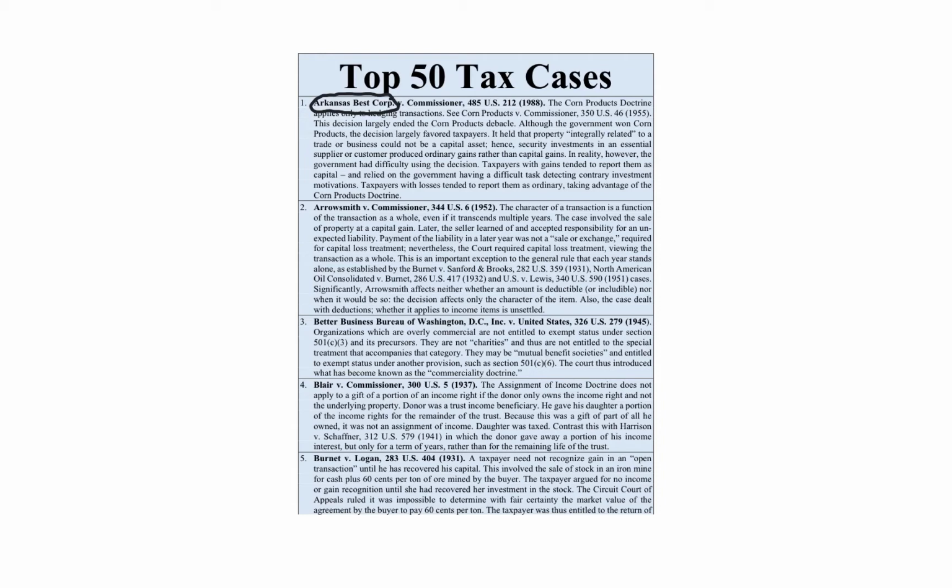You can look at the procedural history to see what happened, but at the Supreme Court level, the party on the left is the petitioner. They're the one that lost the appeals decision, and they're petitioning to the U.S. Supreme Court, and the respondent actually won at the appeals level. That's why for most of these, you're going to see that the United States or Commissioner is usually the respondent, because in most tax cases, not all, the government wins. The reason, as we've talked about before, is that the burden is almost always on the taxpayer to prove whatever it is.